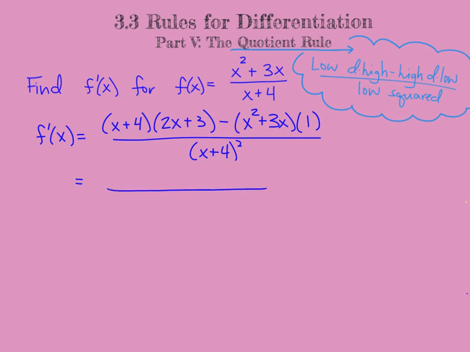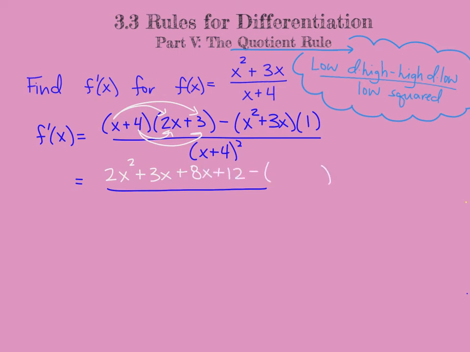So we're done with calculus. We've done all the calculus we needed to do. So we're going to distribute in this next step. So we'll distribute our x through first, and then we'll distribute the 4 through. So we'll have 2x squared plus 3x. Then distributing our 4, we'll get plus 8x plus 12